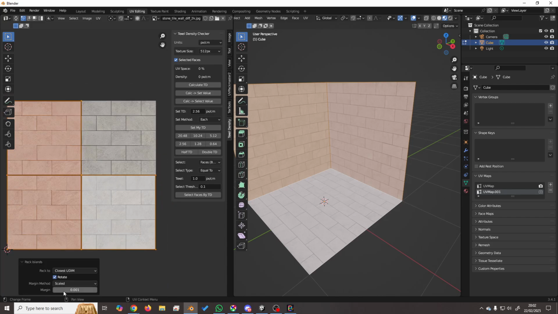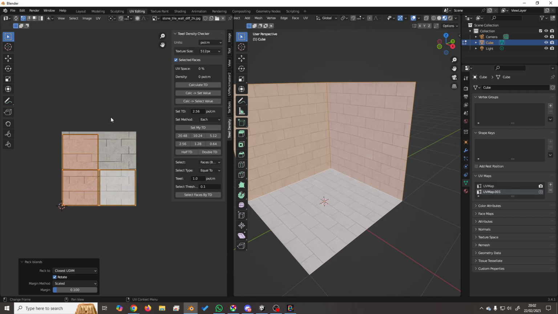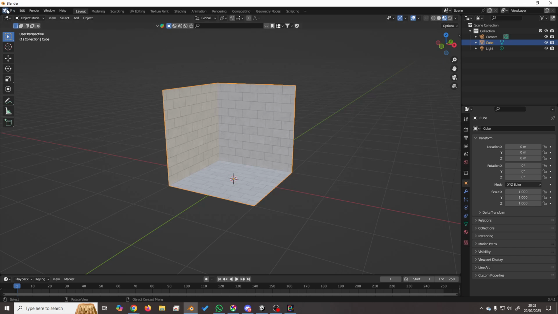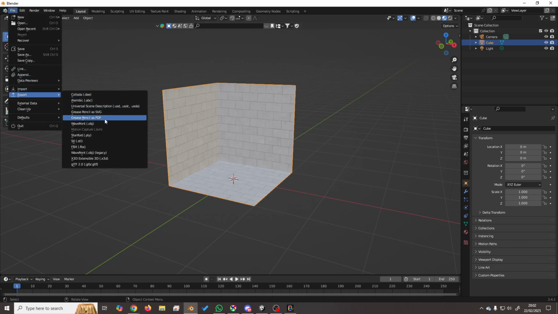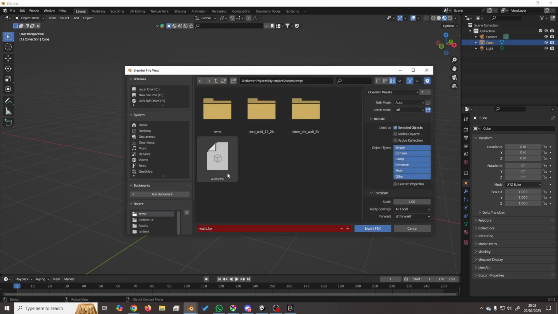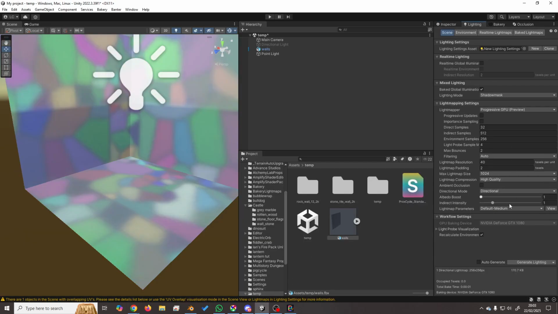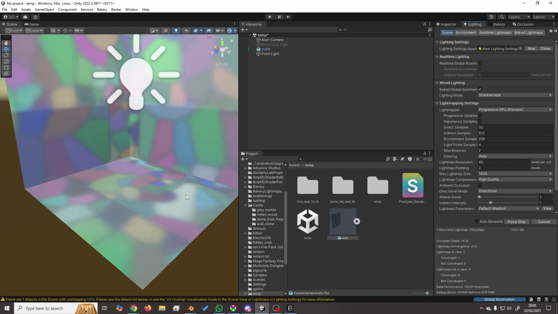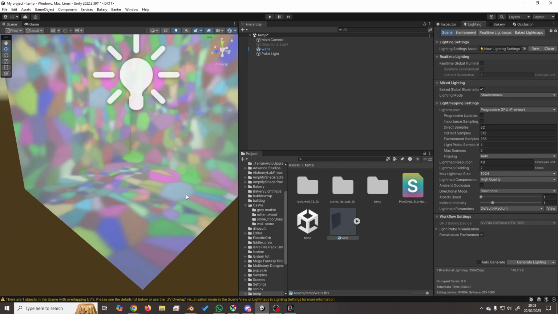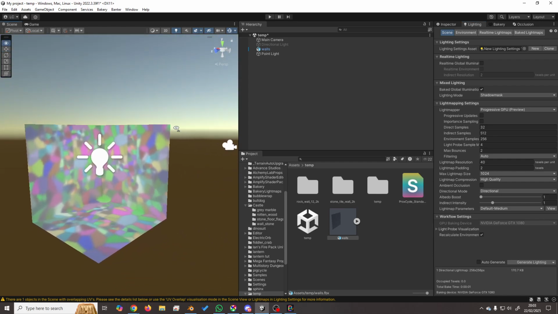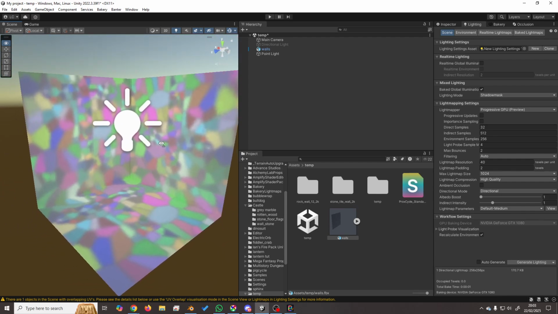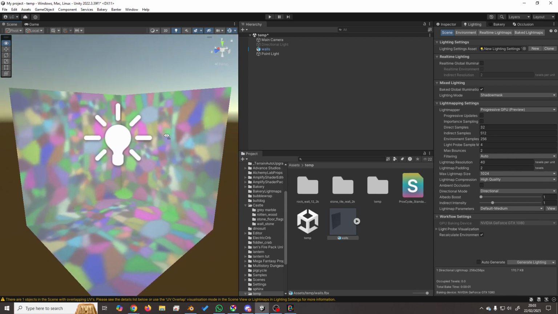And then give it a bit of a margin so that you don't get any overlap where the shadows are kind of bleeding, because that can look really, really bad as well. Just export it again as FBX. Walls, we'll just overwrite it, and then we can rebake the lighting. The second UV channel is always used for the light maps, and there you can see we haven't got any of that weird square blockiness now,